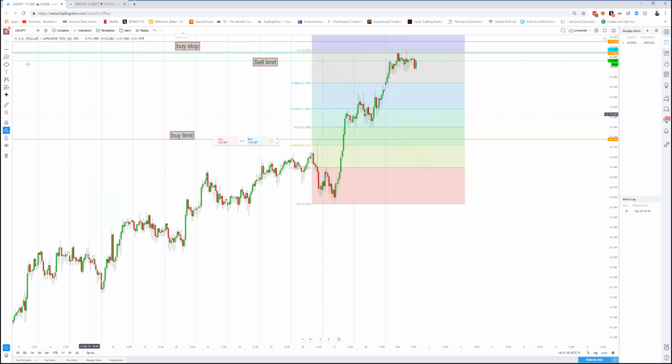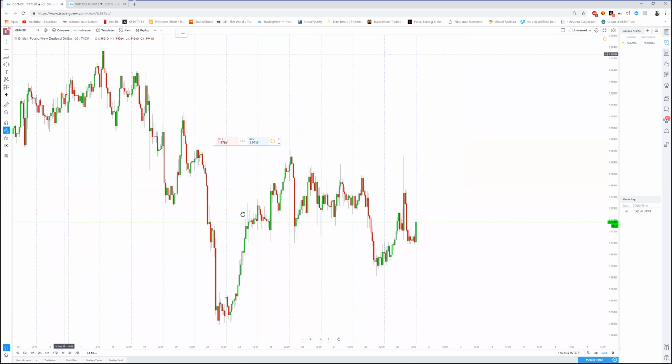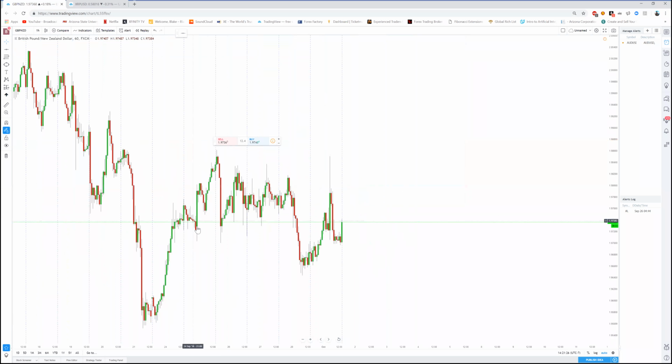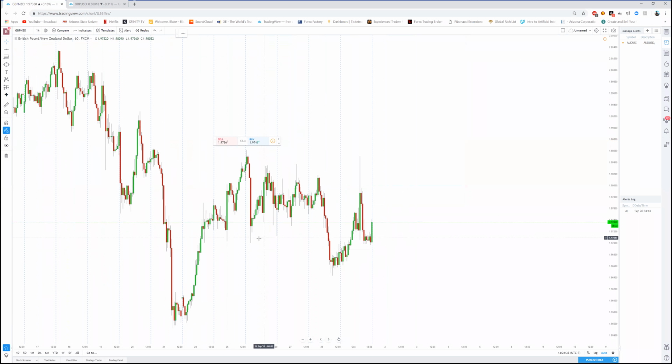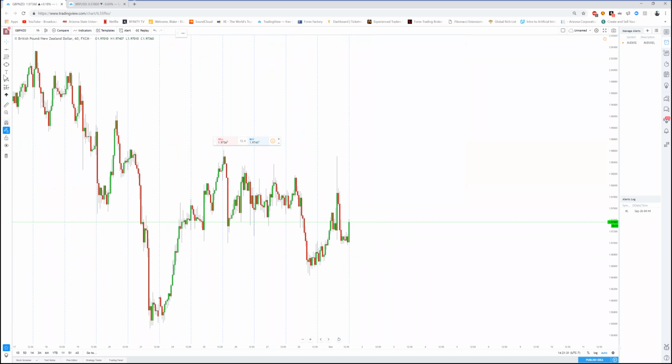Perfect, there we go. And then let's go ahead and look at GN now. GBP NZD. This is the pound versus the New Zealand dollar. Let's see what's going on here. Let's see what happens. I don't think it does, but let's go ahead and mark up what would happen